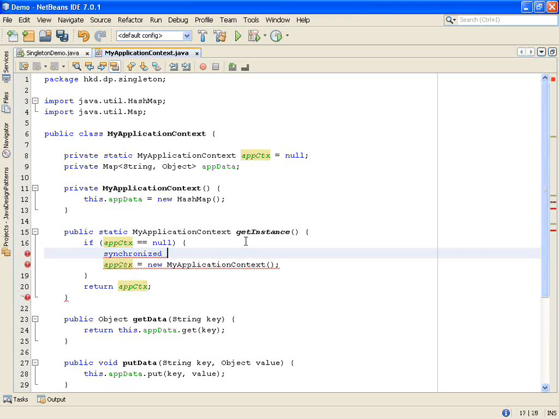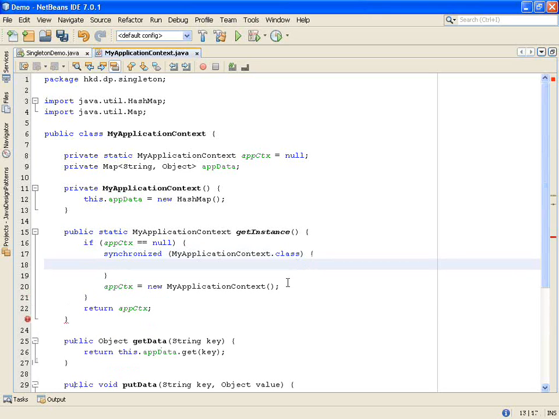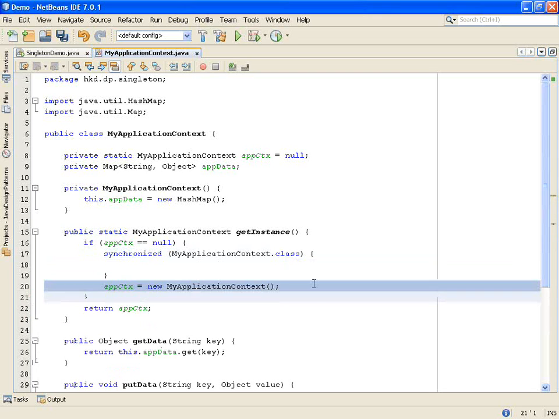Synchronized, ApplicationContext.class. And put this line inside.